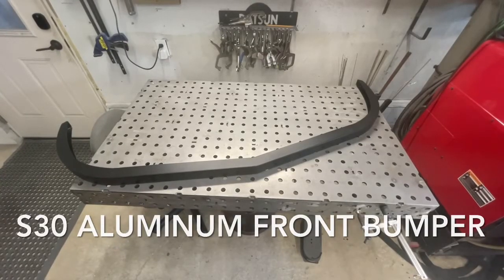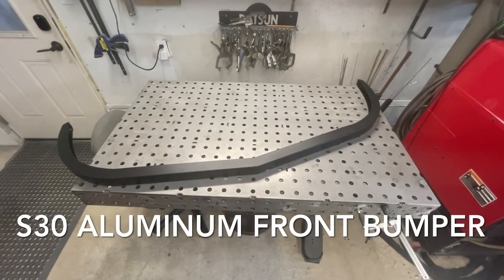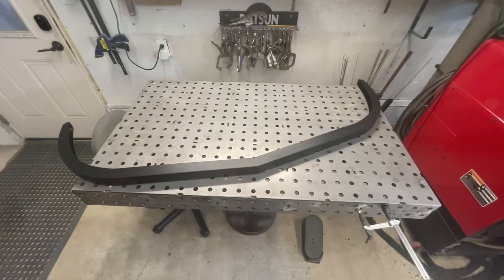In this video, we're going to go over the installation and some of the features of our aluminum front bumper for the 240, 260, and 280Z. As you can see here in the picture, this one's powder coated black, and it's the 240Z style front bumper,